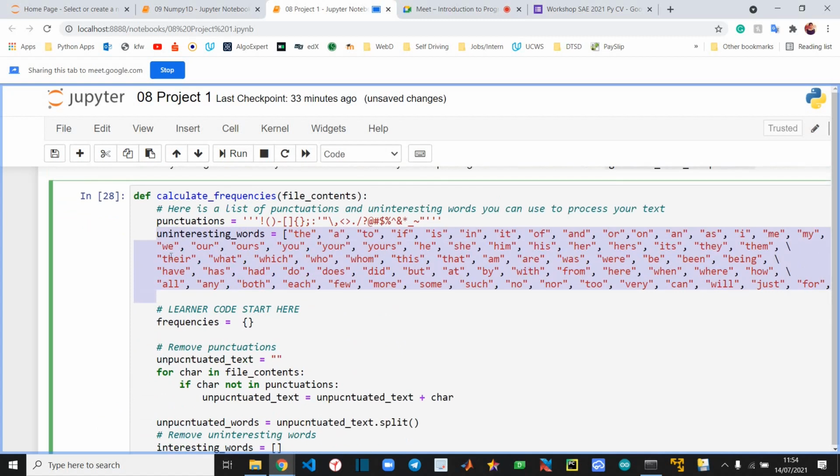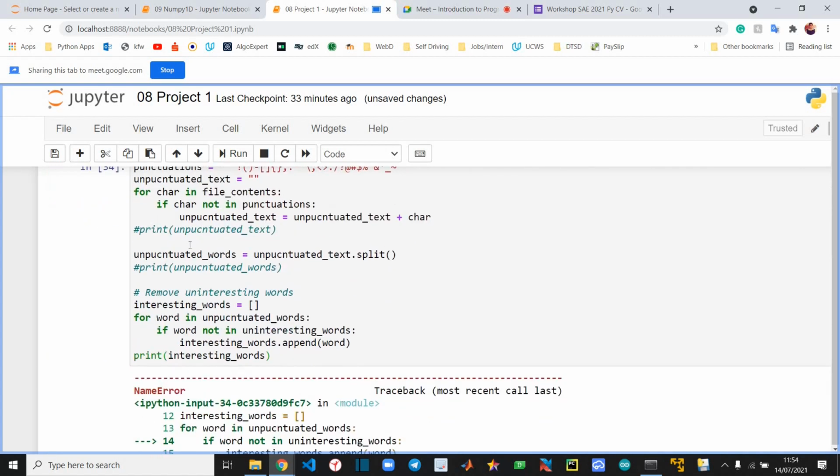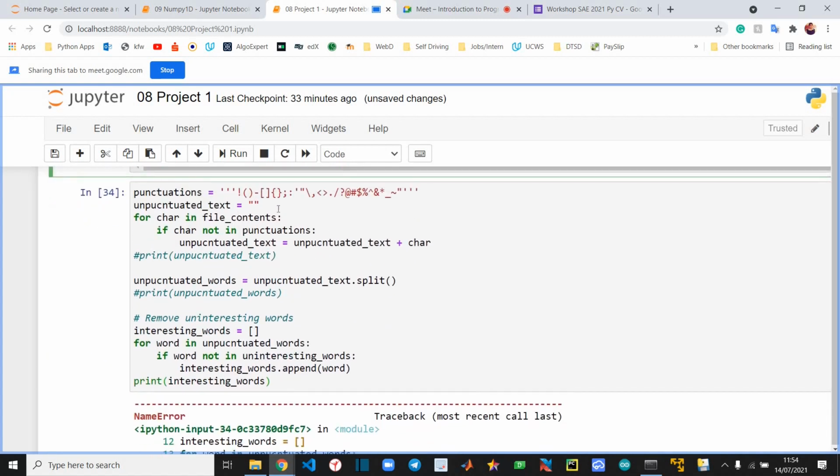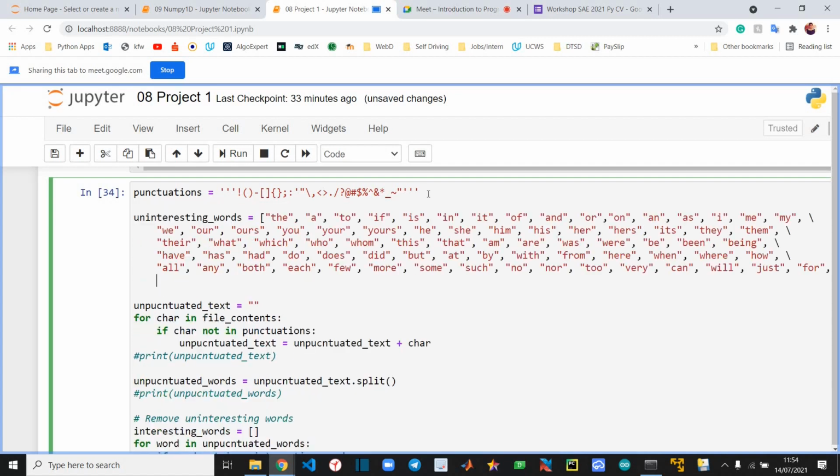Can anybody answer this? If I have run this cell already, and this is in the same file, the same piece of code, why is this cell not aware of that thing? Can anybody answer this question?